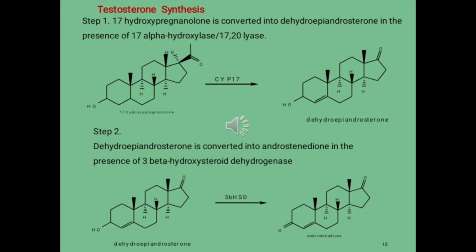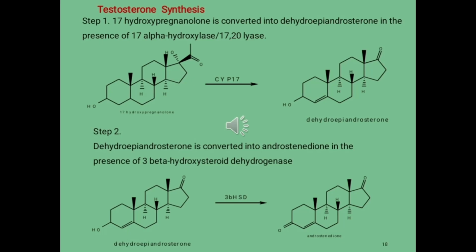Let's see the synthesis of testosterone, because testosterone falls in androgens, because this is the big example of androgen steroids. So let's see the first step, in which 17-hydroxypregnenolone is converted into dehydroepiandrosterone in the presence of 17-alpha hydroxylase 17,20 lyase enzymes. So you can see over here in the first reaction, you can see the structure of